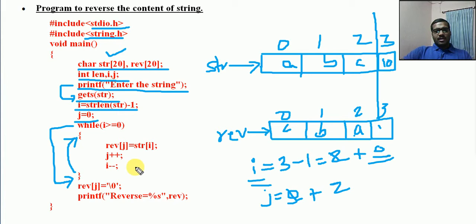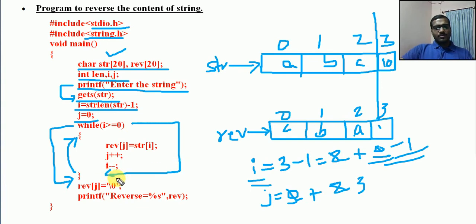Then j will become 3, i will become minus 1. Now it will go for the next iteration, while i greater than or equal to 0. Now it is false. It will come out of the while loop.